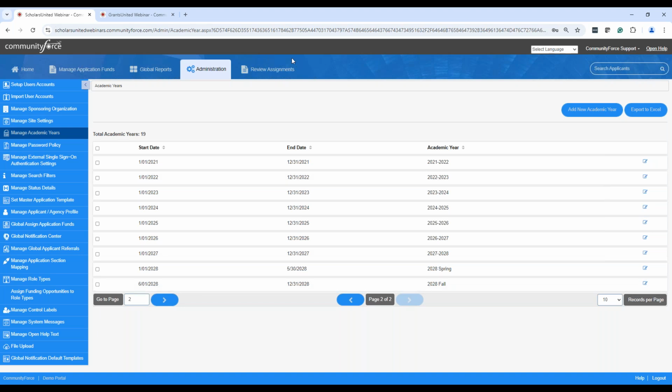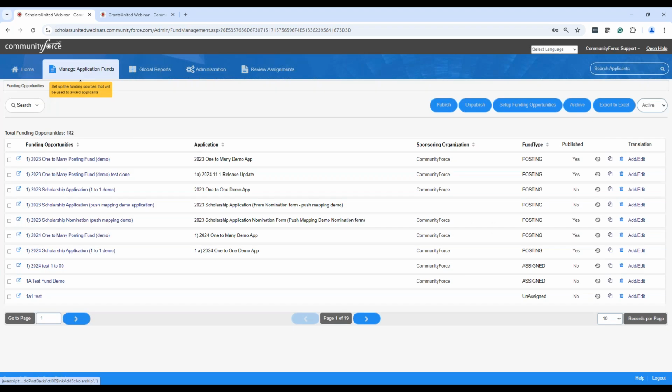So this is very important. This drives a lot with the award process. This tells the system, when you're looking at application funds and you're looking at award periods, what was the period this was for, like 2023, what was my awards out of a specific fund? That's what it's looking at, is what was the fiscal period tied to that fund, and then what was the application. So when you're creating application funds, initially creating them, when you create a new fund,